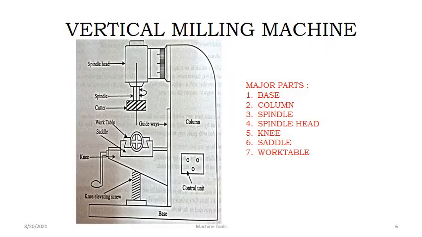So next you can go for the second one, the vertical milling machine, its major important parts. So you can see the base, the vertical column. Then you can see this is not horizontal, it is vertical. So this one is the spindle head. The spindle head is connected to the vertical column, and this one is the spindle, and this one is a milling cutter or milling tool.